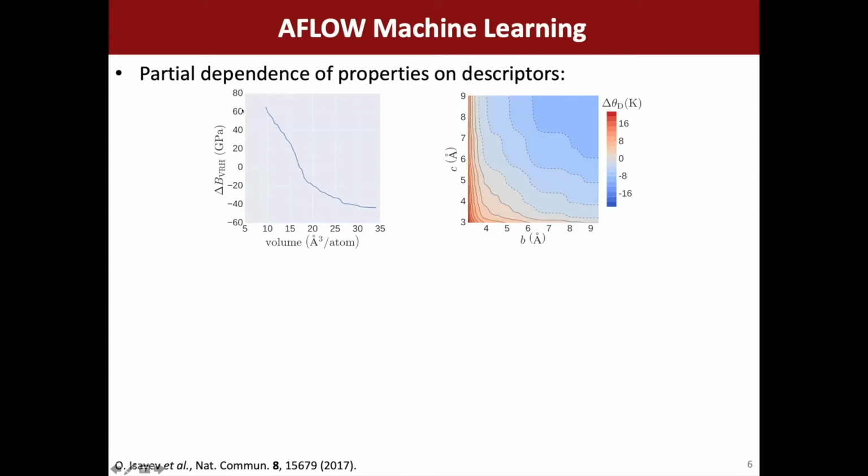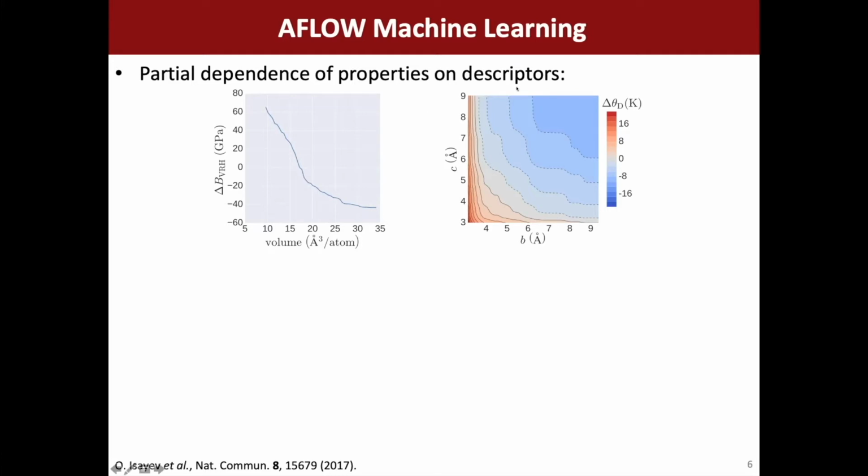This is the variation of the bulk modulus, so the difference in the bulk modulus from the average value on the y-axis. And then on the x-axis here, we have the average volume per atom. And what you see is that the bulk modulus tends to decrease with increasing average volume per atom. And that's sort of expected. That is something that's already reasonably well known. So this is something where the machine learning model has discovered a reasonably well-known rule in material